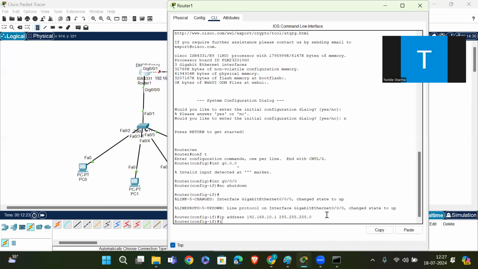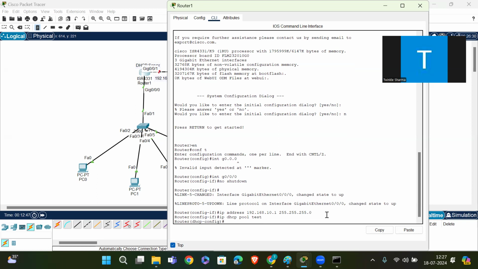Then with IP DHCP pool, we are giving the IP address pool to the DHCP server. We have to give a name to the pool, so here I am naming the pool test. Okay, so we have assigned the pool.